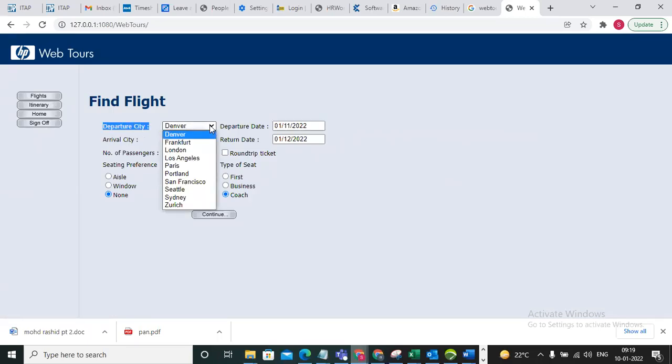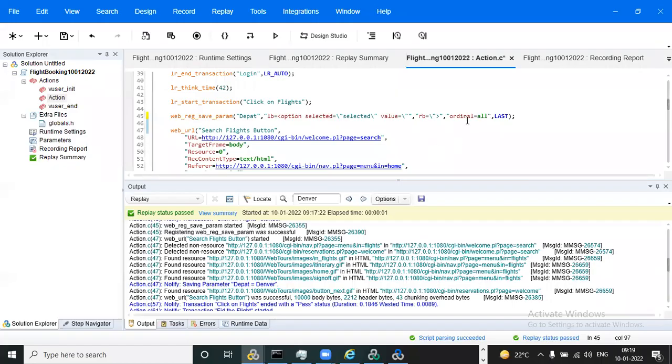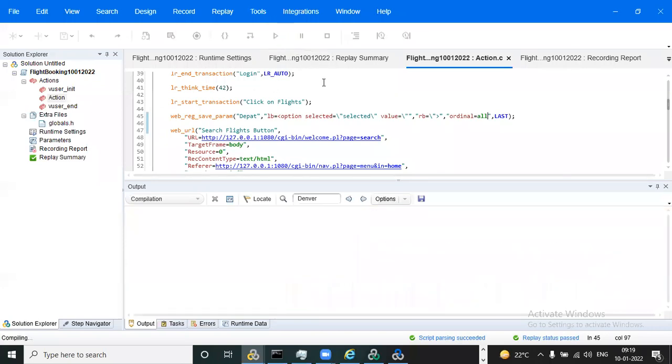For this departure drop down, how many values will there be? All the values we need to capture in our script, so we need to use ordinal. Ordinal stands for the occurrence of the dynamic values. Now we can observe how it goes. Just save it and run.